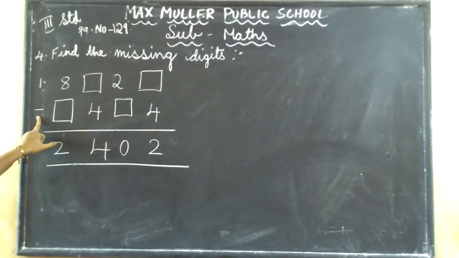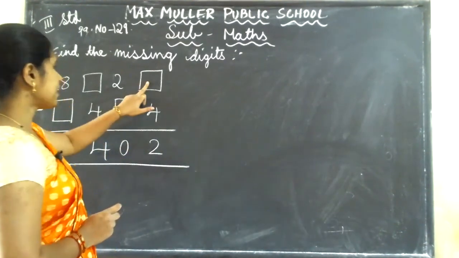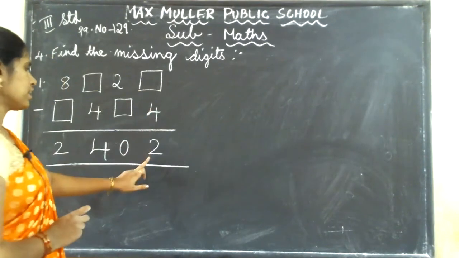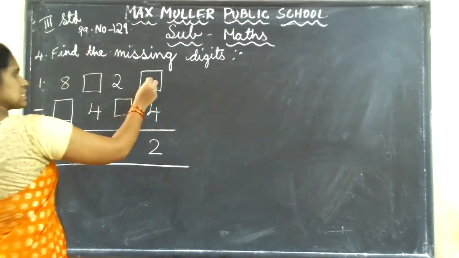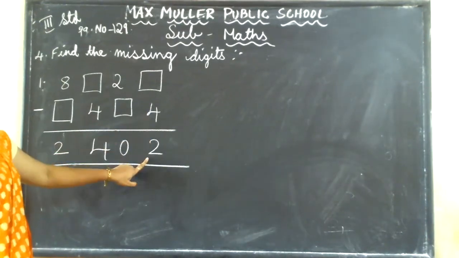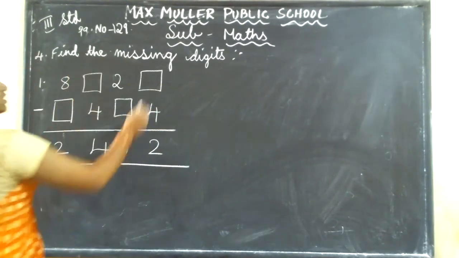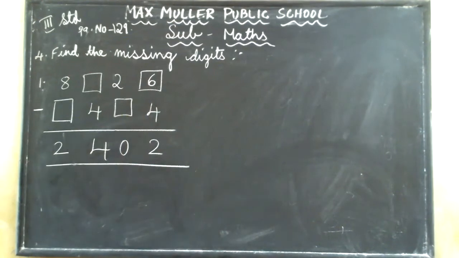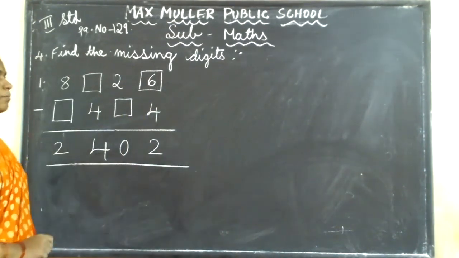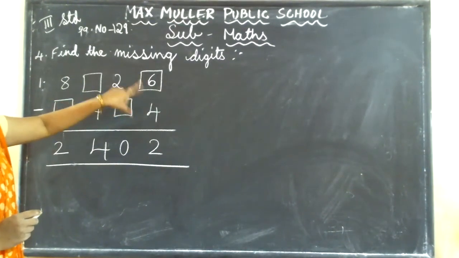Even if it is a minus sign, to find the answer sometimes you have to add, sometimes you have to subtract. Here they have given dash minus 4, 2. To fill this number, you have to add these two numbers. 4 plus 2. 4 in your mind, 2 on your finger. After 4, 5, 6. So write down 6. Understood? You understand this method.